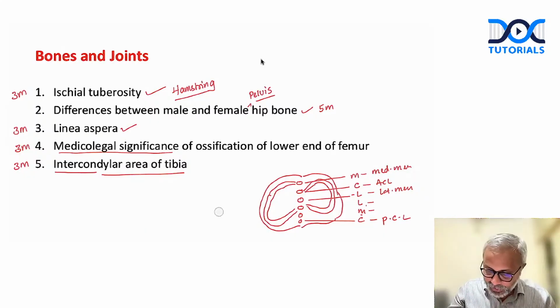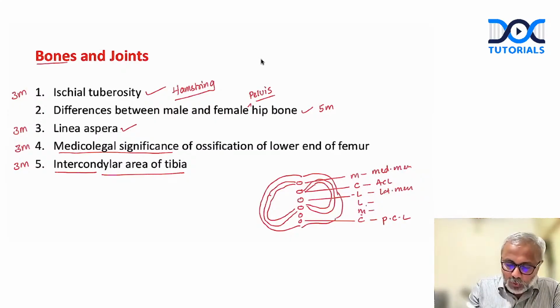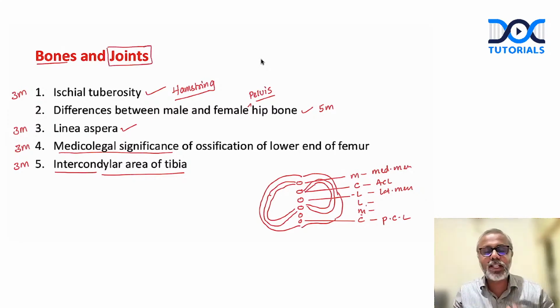Okay, so this is one more important 3 marker question for your exam. Are we clear? Now, this is regarding the most frequently asked topics and the most expected topics for your exams from the topic of bones alone, right? We will further talk about the joints because there are a lot of long essays that can be asked from the topic of joints of the lower limb, right? So if you are prepared with these topics, your preparation from the chapter of bones for the lower limb is